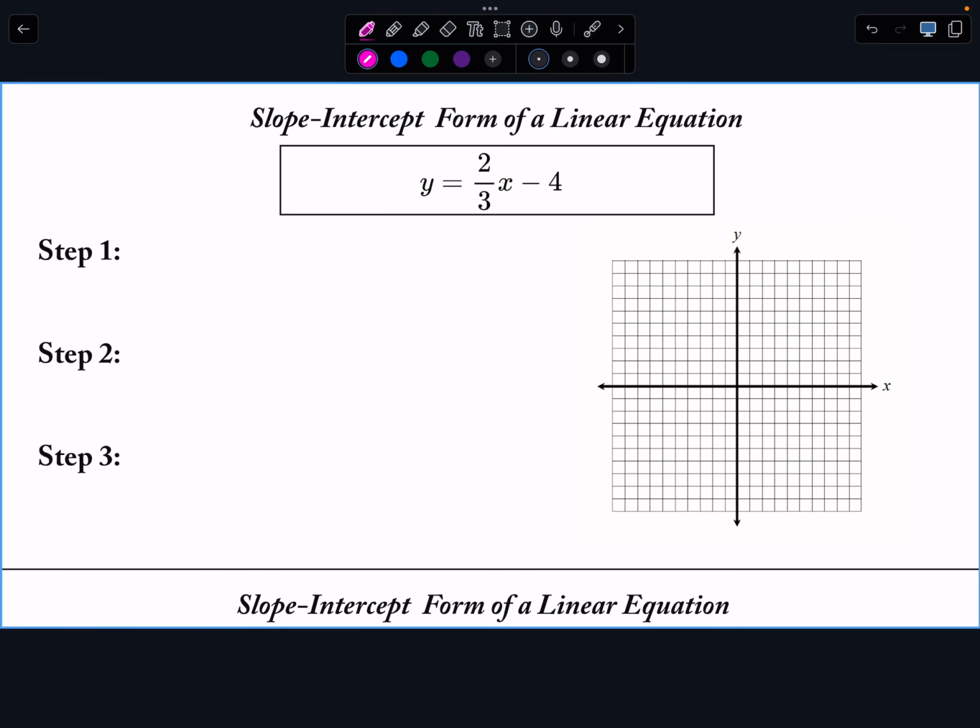So if I'm looking at slope-intercept form, where do I start? I start with my y-intercept, with my b value. So I know b is equal to -4. So my y-intercept